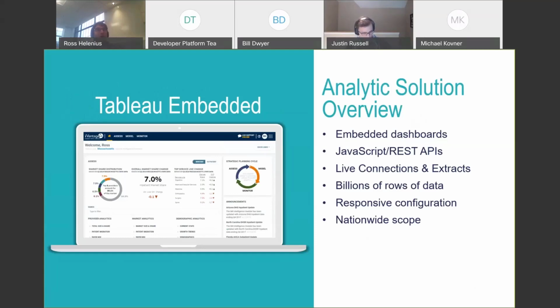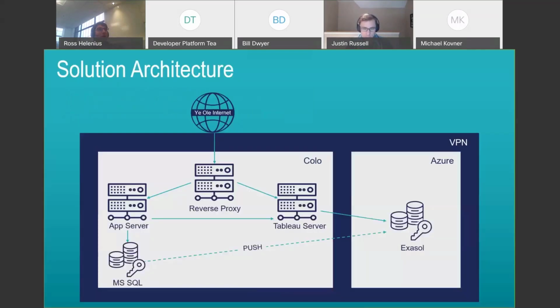We have large data sources with billions of rows. We have responsive configurations that allow for real-time input and rendering. And again, we have that nationwide scope that we have to think about when we do this. A quick architecture diagram and how we allow Tableau and the application to communicate tightly is the fact